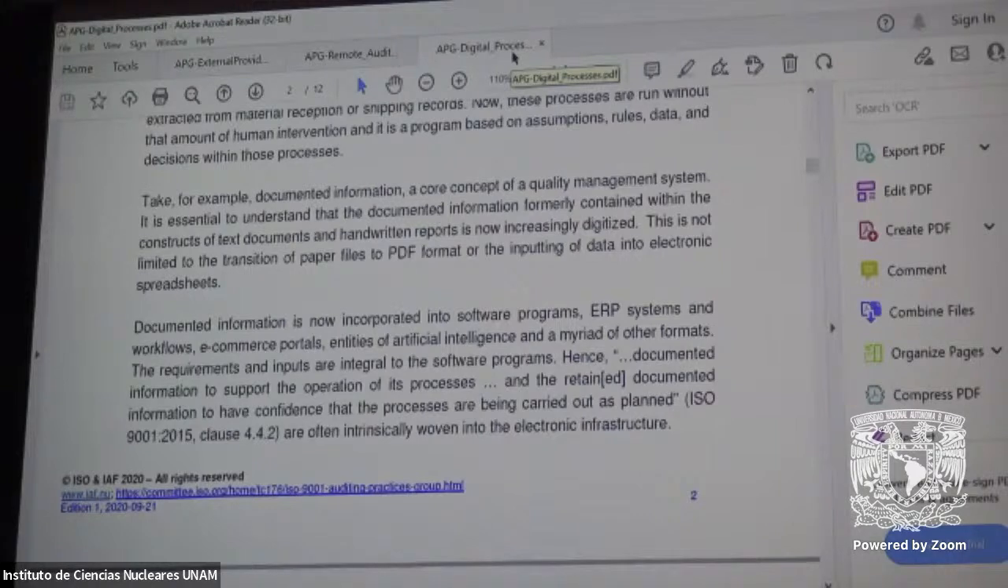The question is, how much are digital systems available to use? Is it increasing? You see, I was having a conversation with Monica yesterday about digital auditing. I'm going to come to remote auditing now, but there are some